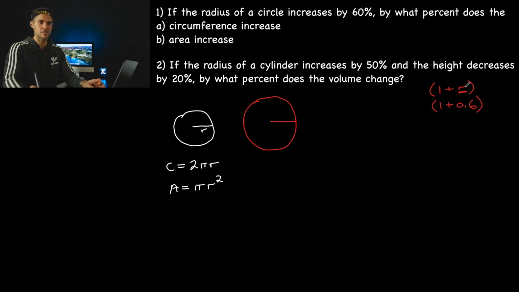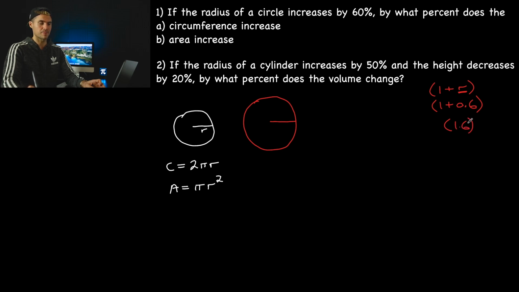By the way, this r here and this r, they're not the same. This represents the rate of change. I should have maybe used a different variable here, while this r represents the radius. I just realized that they were the same variable, and I don't want you getting confused there. This represents the rate of change, and it's changing by 60%, so this would be 0.6, which means this would end up being 1.6,